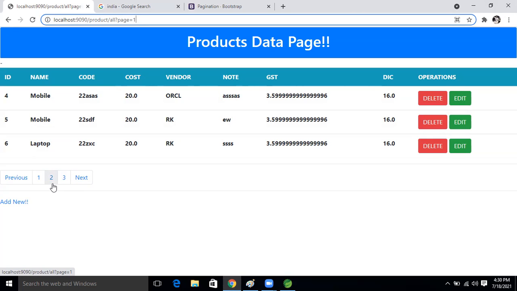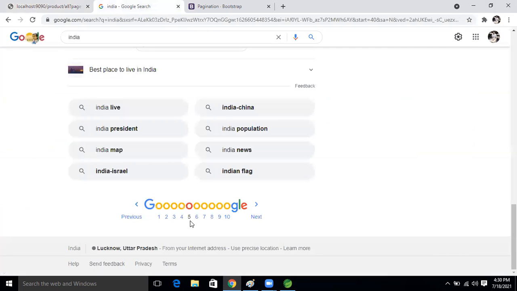Come on, everyone, like come to Google, right? Come to Google only. So see this, we are there in the fifth page. By seeing this number, we can understand because fifth is a black color. When we click the page, then it shows a different color, right? So by seeing that one, we can understand, okay, we are there in the fifth page.